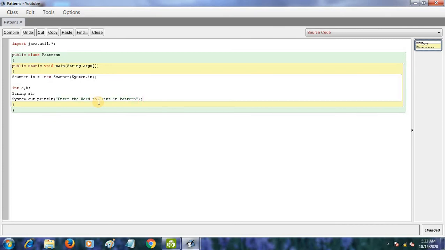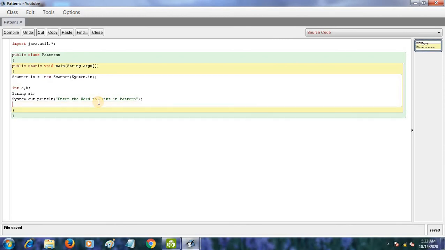Then one more time I am going to write system dot out dot println, and I will leave this empty. So this will work as a paragraph.